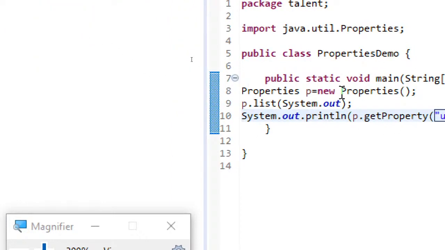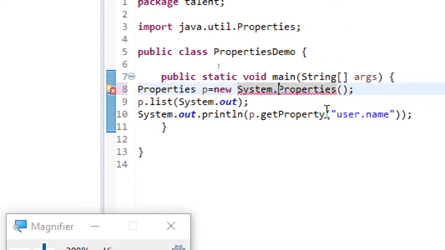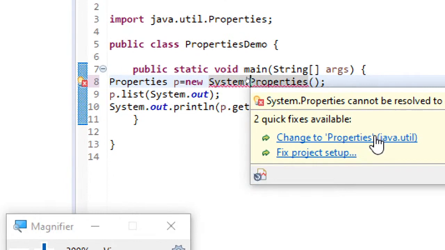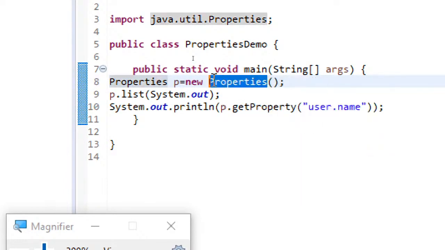Otherwise let's use it with the system properties. I hope it will be there. System dot, let me try, dot.